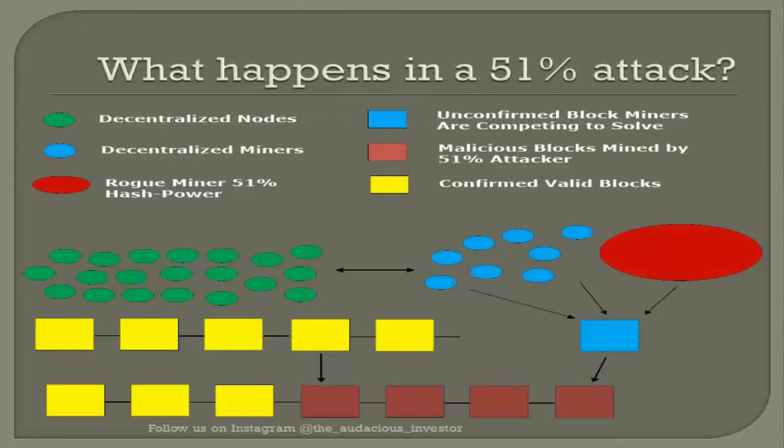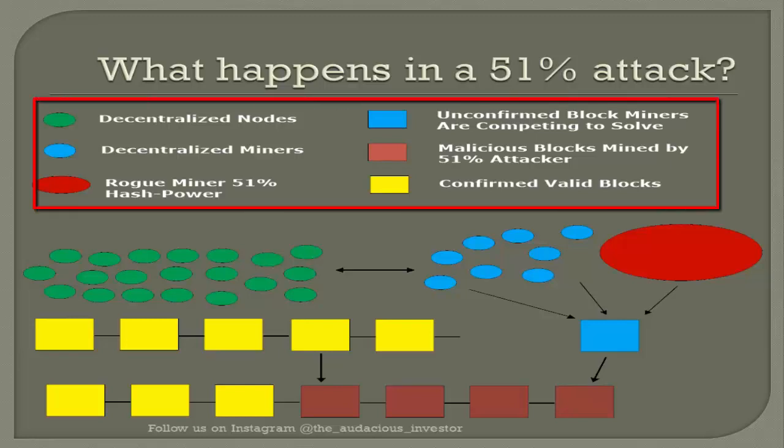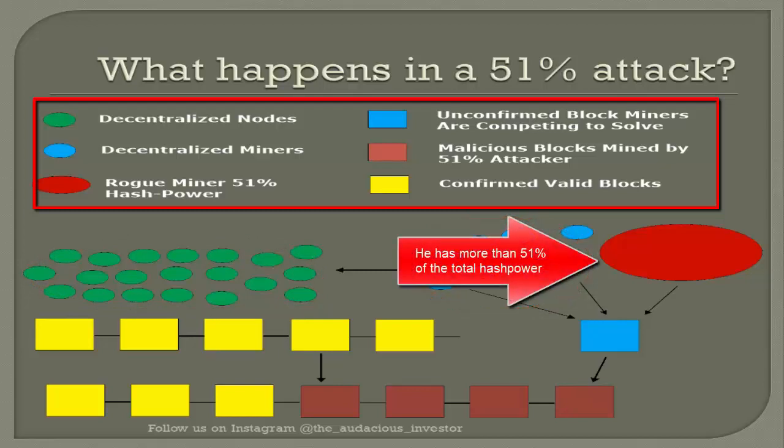So what happens in a 51% attack? This is a basic illustration to try to explain what actually happens, just to help you visualize it in this illustrative format. As you already know, let's look at the keys up above. The green ovals represent the decentralized nodes. The blue ovals represent the decentralized miners, and then we have the big red oval, and let's just